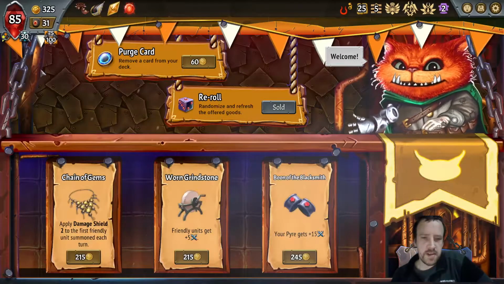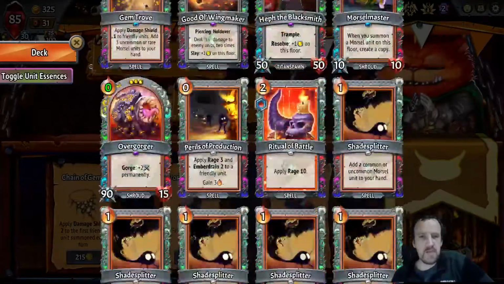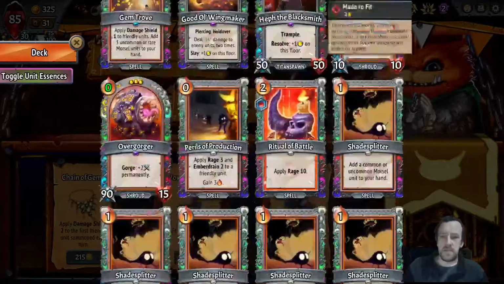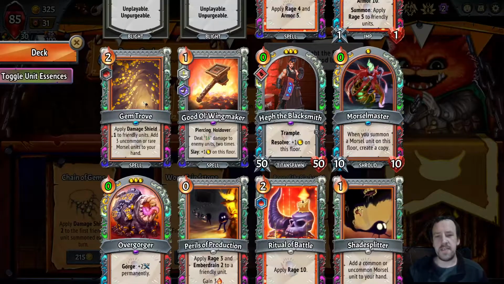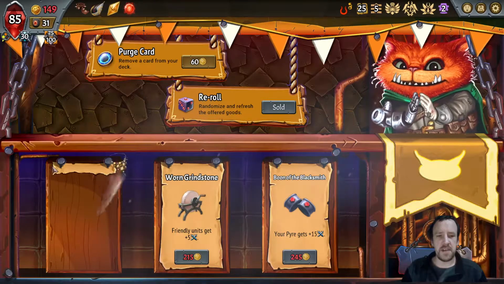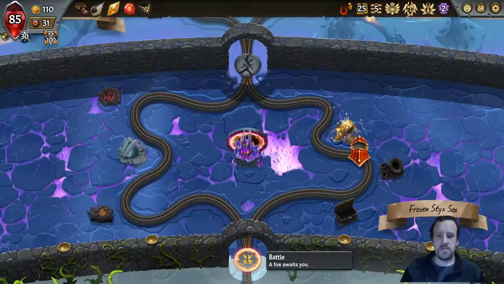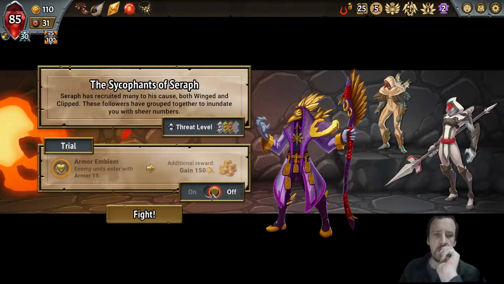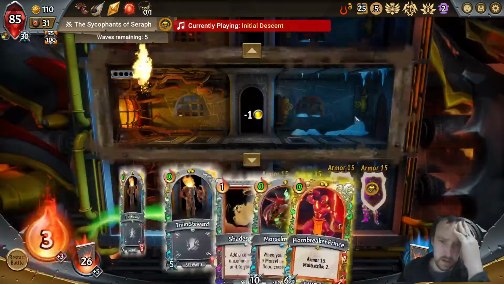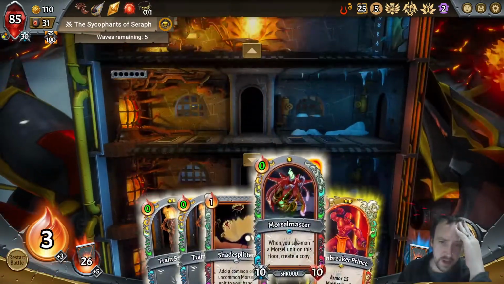So the next question is, do we take Worn Grindstone? This makes all of our morsels attack, which is sort of a double-edged sword. If our morsels attack spikes, we don't get anything. I think I'll take Chain of Gems. That floor should be nice when...